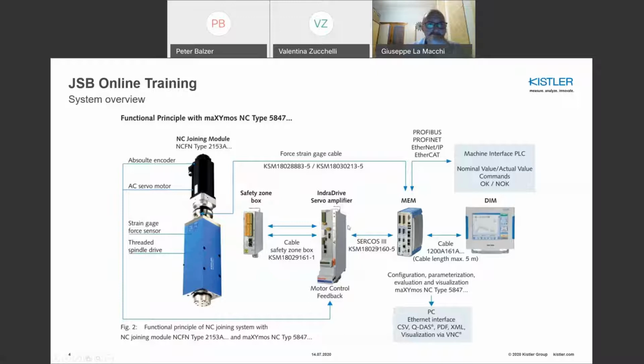So we are only working with one wire between the maXYmos and the intradrive. It's the Circus free connection. And optionally, you can use a DIM, a display module, or what's also possible, this is what I will show you later when I'm configuring the device, the so-called VNC connection, the remote control. Both are possible. The measuring module is directly connected to the force sensor of the spindle, and the absolute encoder,